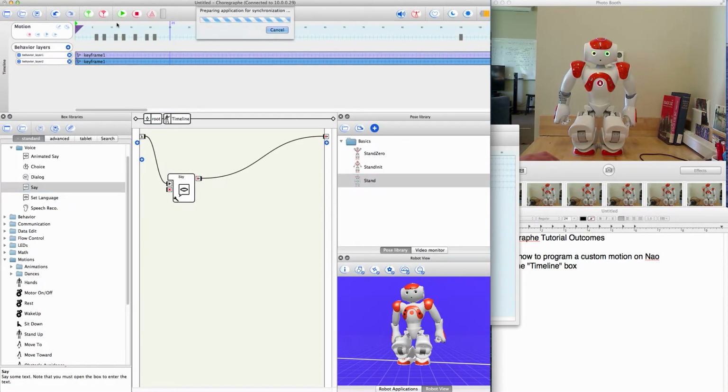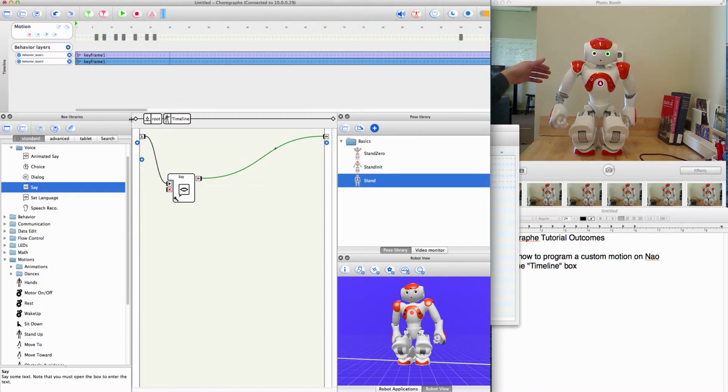All right, upload it. I don't know if you heard that. We'll turn the volume up a little bit. "I'm a robot." So you saw that it did that hand jerk really quick. That's because I sped up